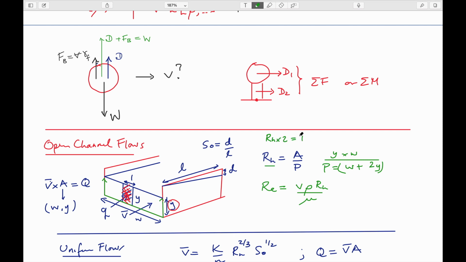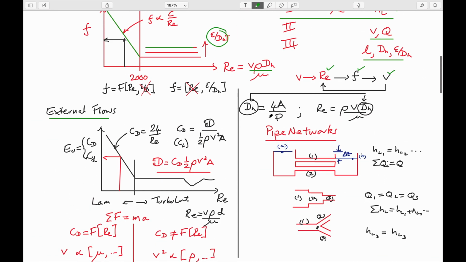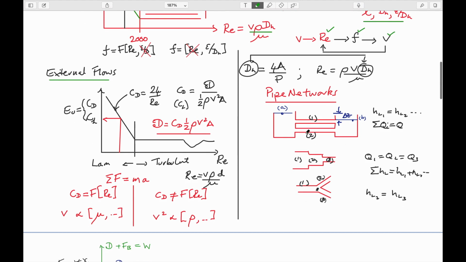And so this is not the case, so beware of that. So anyway, take care, make sure you don't use this ratio, that it's 4 times the hydraulic radius, just from this equation here. For pipe networks, you know that when the pipes are in parallel, then the flow rate